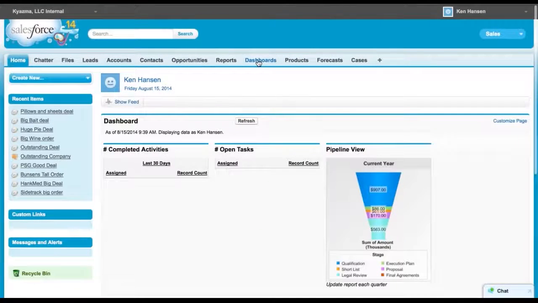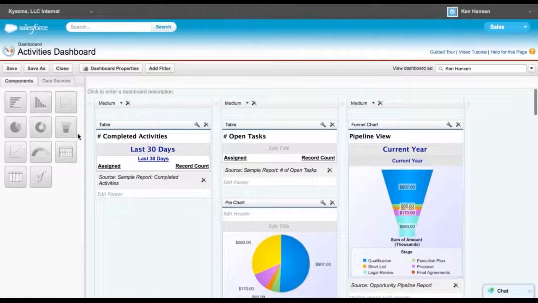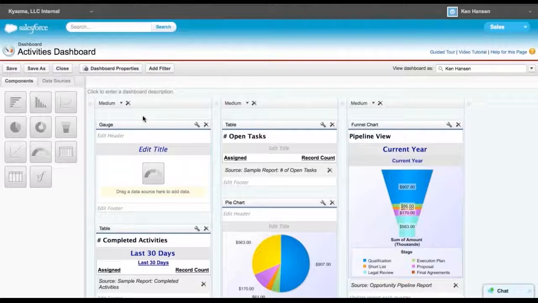Let's go and build a few more dashboard components. If I go into edit mode on the activities dashboard, this is really becoming the dashboard that we're going to build for anything here. I want to show you maybe a goal dashboard. This is goal versus actual,